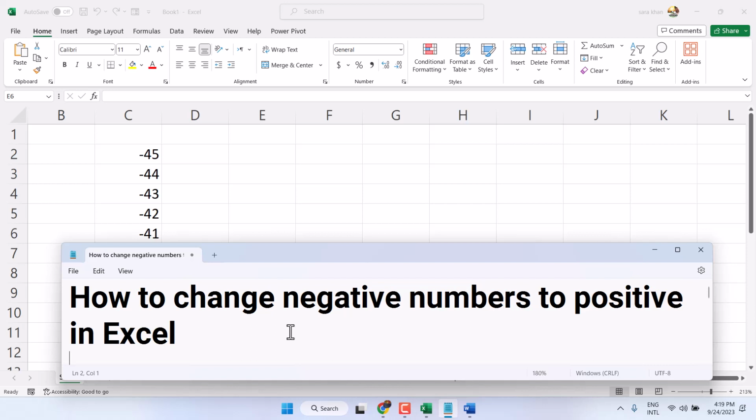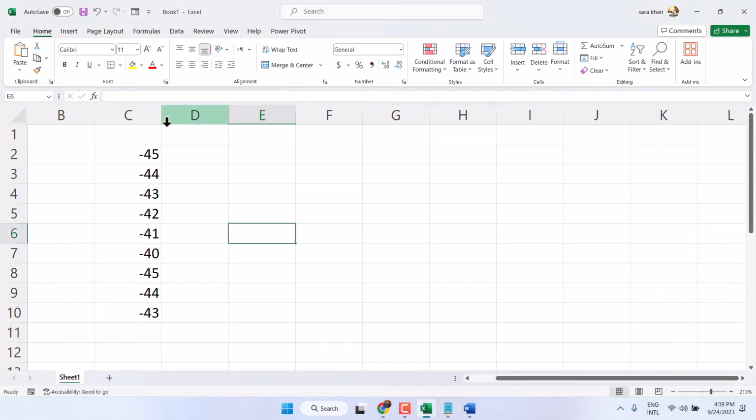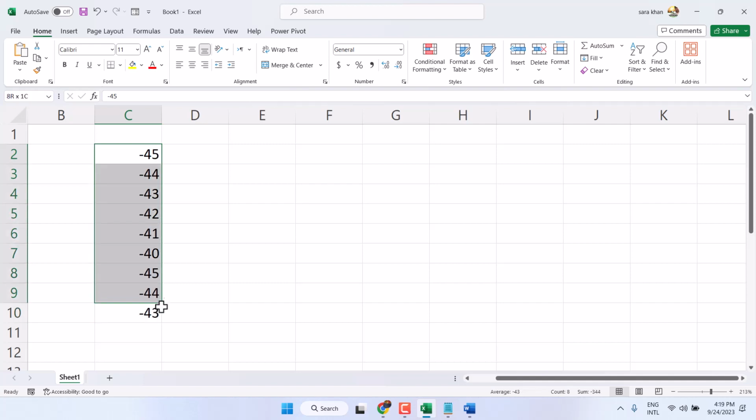In this video, I will show you how to change negative numbers to positive in Microsoft Excel. So guys, we can see we have this data, and these numbers are negative. To make them positive using a formula, type this formula: equal sign